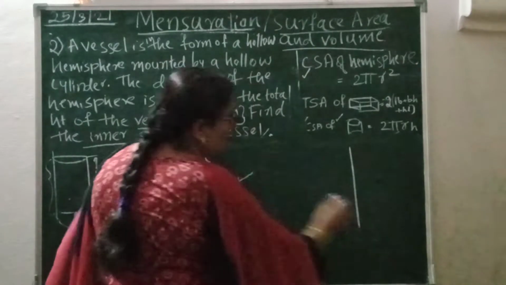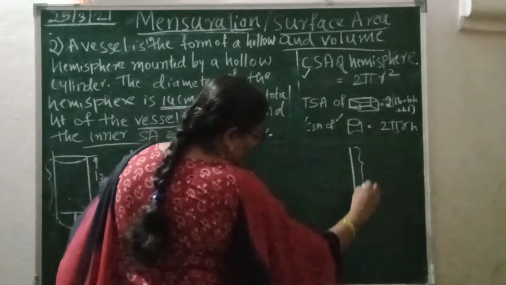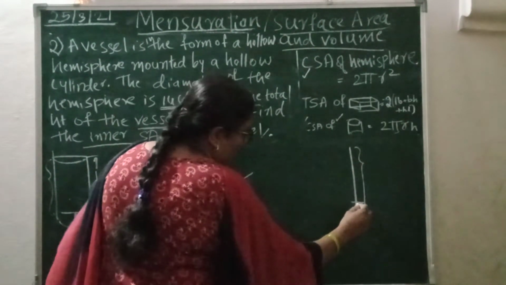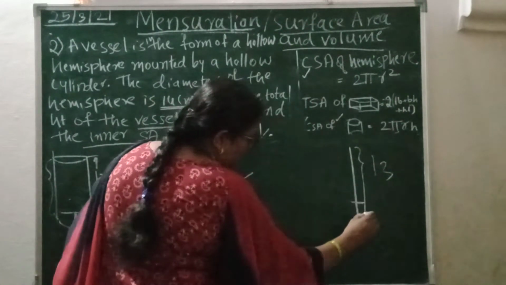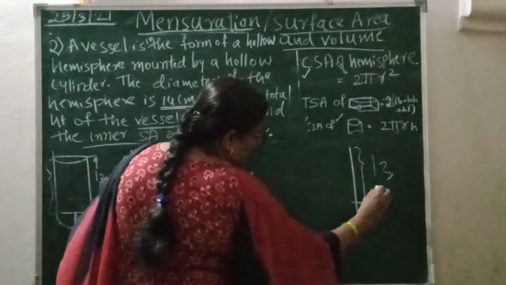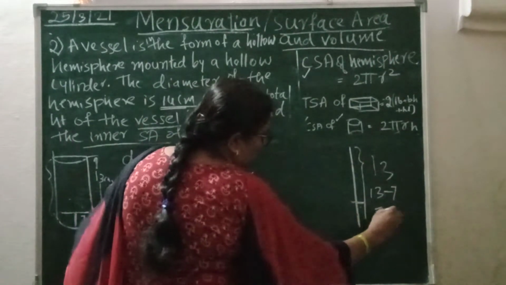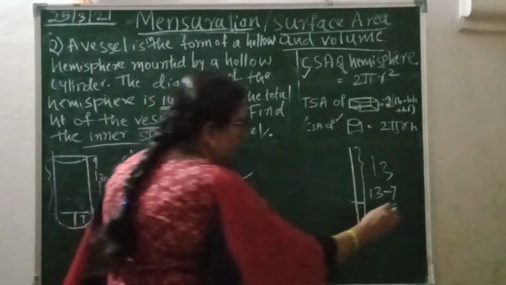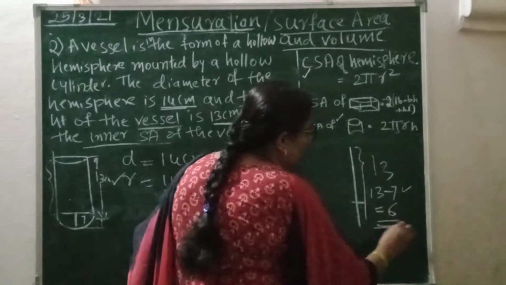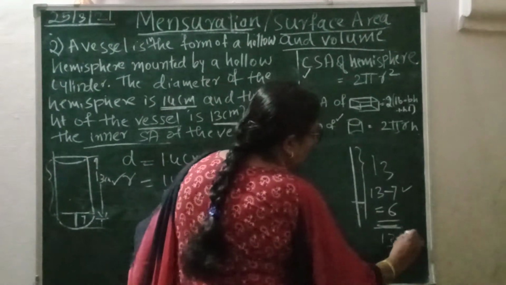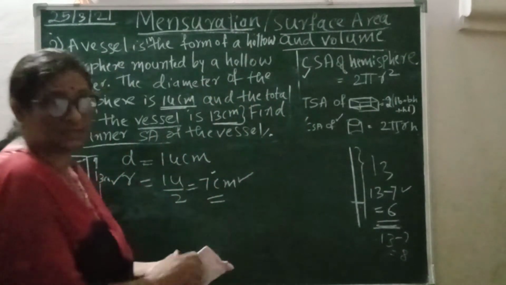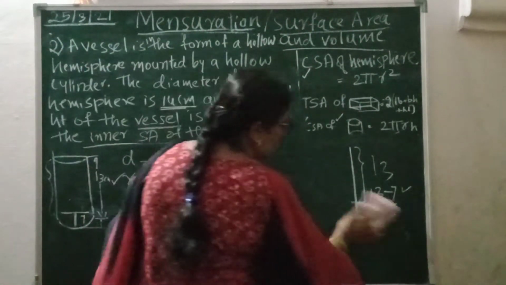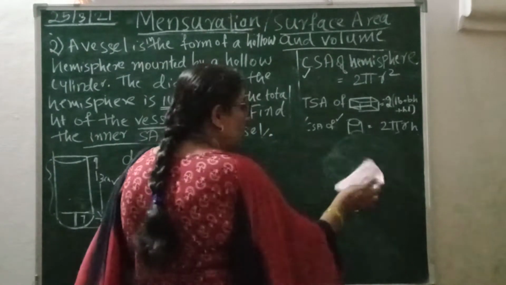Suppose this is the height of the vessel, and this much is the cylinder height. This means the full height is 30 and here you are subtracting the radius. 30 minus 7 gives you 6. Be careful with the subtraction in a hurry. Some students make it 30 minus 7 is equal to 8. Even I sometimes make mistakes while subtracting in a hurry. So don't do this one. Give time for the subtraction.